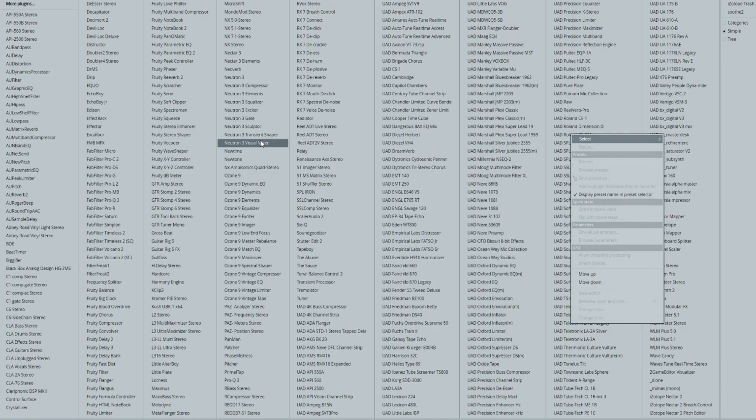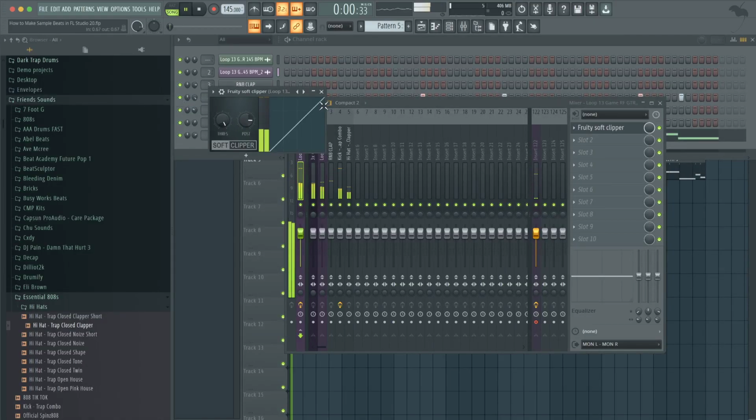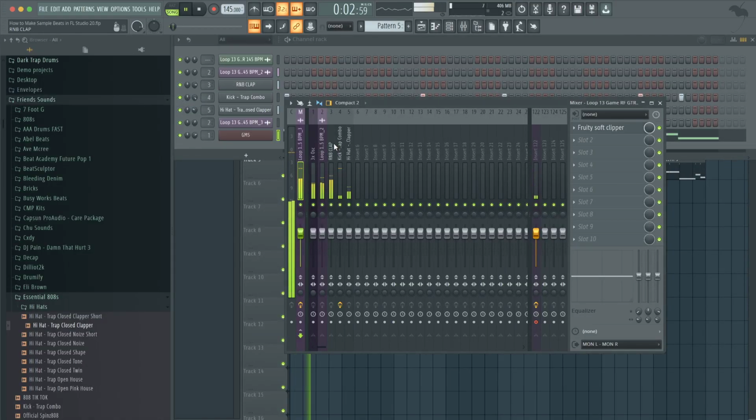So I'm going to add a Fruity Soft Clipper to the master just so we don't go into the red.